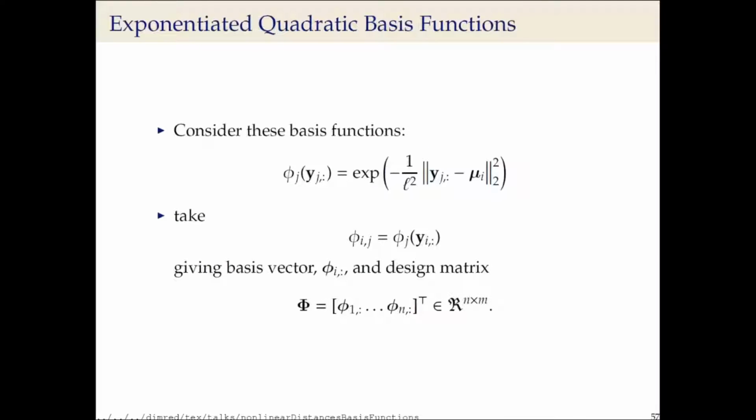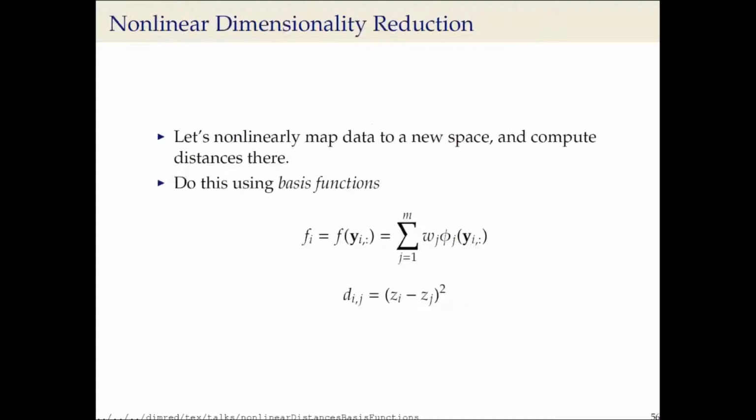Okay, it doesn't matter what our basis function form is for this next bit. But the way we tend to deal with basis functions in practice, if we're doing generalized linear models, is we build a design matrix of the basis functions. I'm calling that phi. So phi is a design matrix of all these little basis functions. The basis functions are being summed together. So it's a linear combination of some nonlinear basis function, which let's assume is Gaussian, to give us